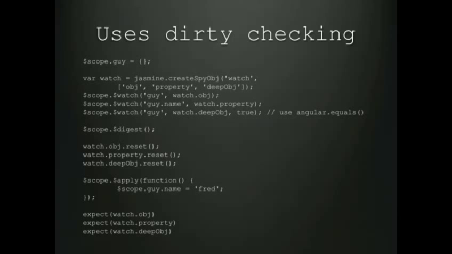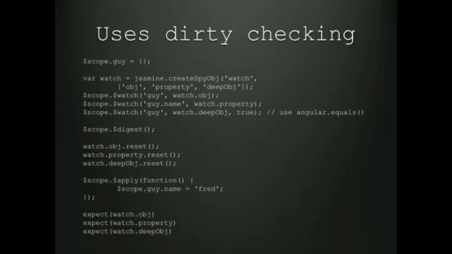The way it does that is dirty checking, where it loops through all of them, keeps a cached version of what the value used to be, compares it to what it is now, and if it's changed, then it will fire your watch for you. So this is an example of one of the first gotchas you're going to get to if you don't quite understand how those